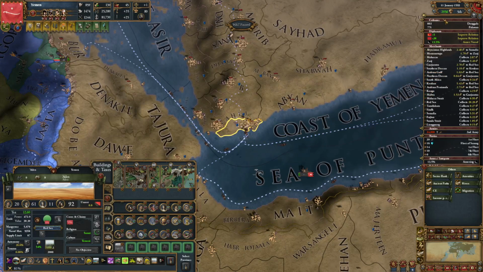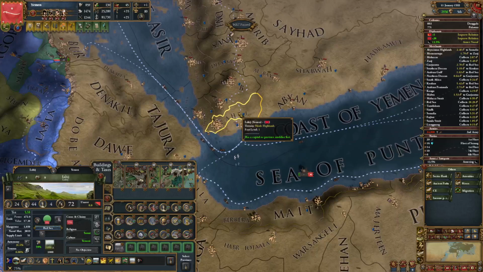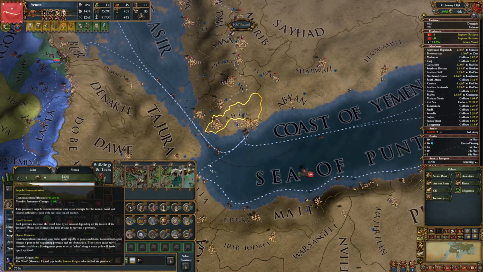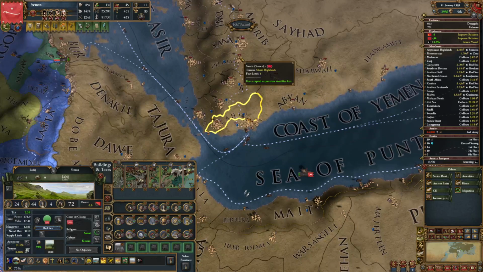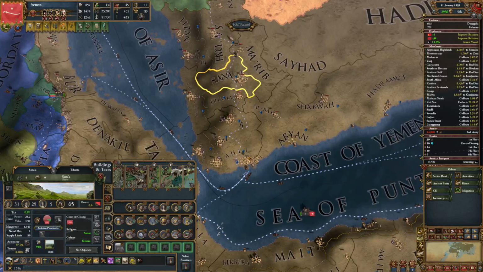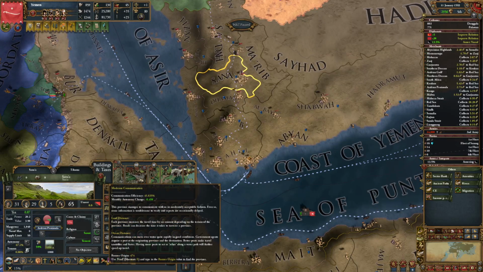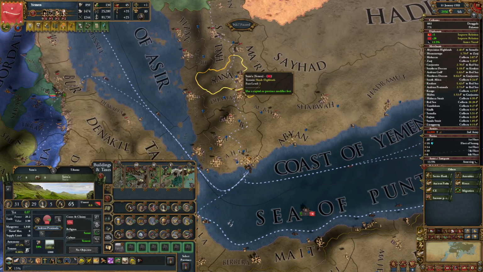If we go to Lahish here, which is one step further away, we can see here that it's superb, 93% of the efficiency that you can have. So basically the maximum amount you can get is -1 autonomy change from communication efficiency. And we already lost basically 0.1 here from going one step further. If we already go to Sana here, we are already at, where is the icon here? 45%. So we already lost 55% of our autonomy factor here. And that's only some steps away.